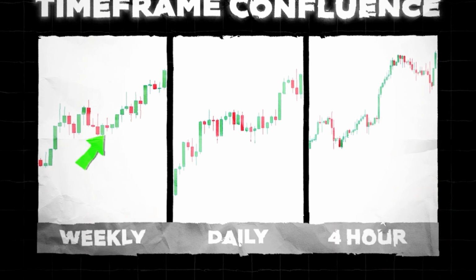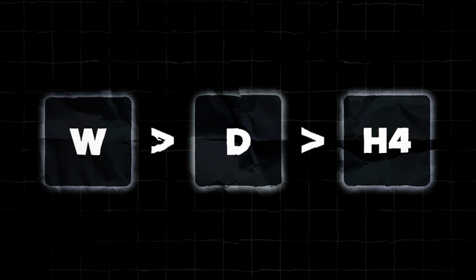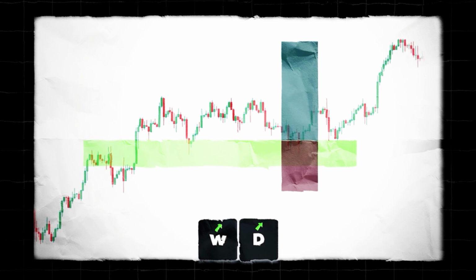The first one is called time frame confluence. This is when you have multiple time frames lined up in the direction of your trade. The higher the time frame, the stronger the price action signals. Weekly charts can carry more significance than the daily, which in turn has more significance than, say, the 4-hour chart. When price action aligns across multiple time frames, the likelihood of it moving in that direction increases significantly compared to